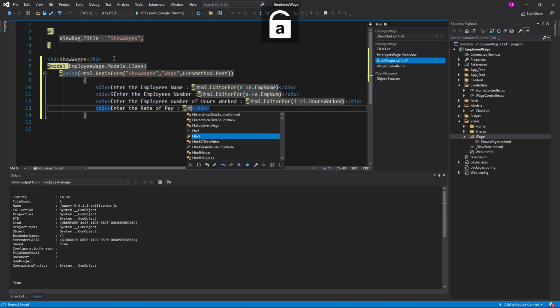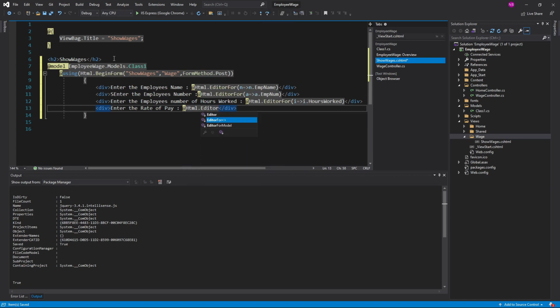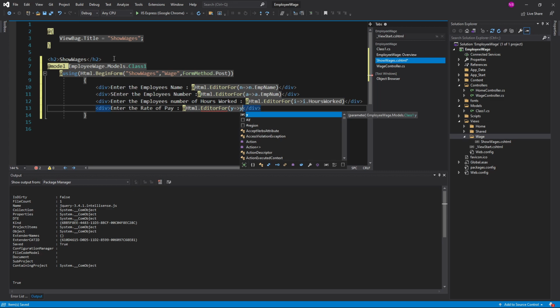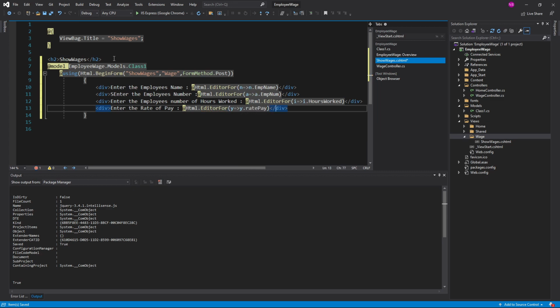Gonna be at html dot editor 4 UI, then it's gonna be rates pay. Now the div is gonna be this one. Say the employee's wage is